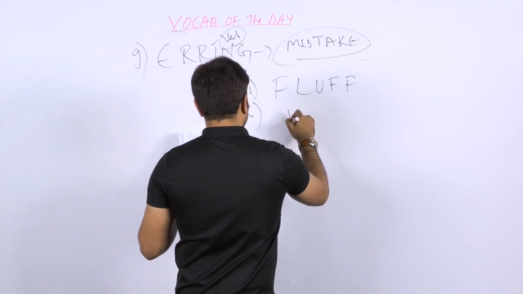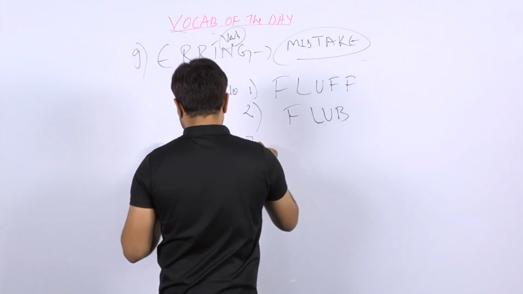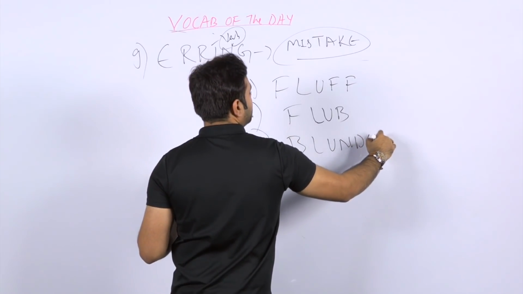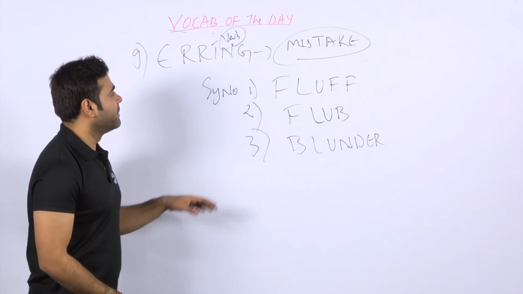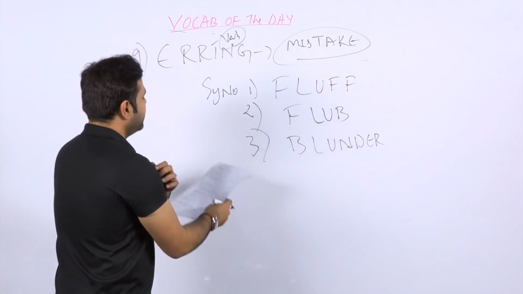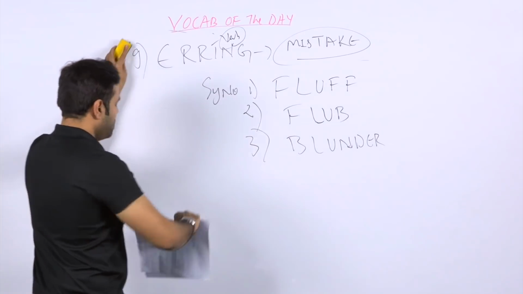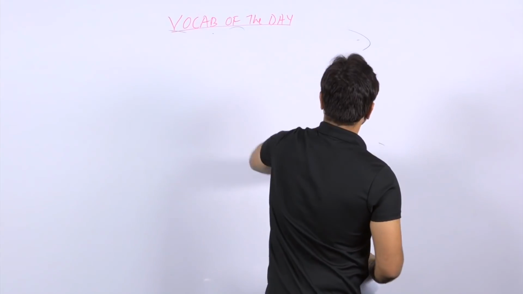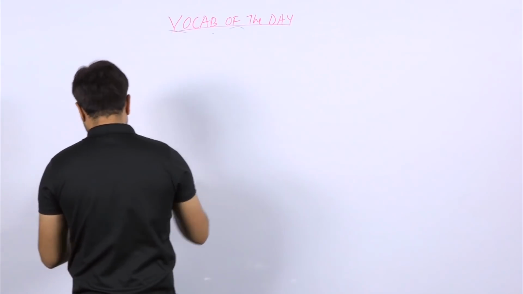Or you can add a word flub, F-L-U-B. And the third word should be simply blunder. Blunder is a kind of intense word. Yes. Okay. So these are the three words in the sense of synonyms. Now let's talk about the last word of the show. The last word which I have taken is